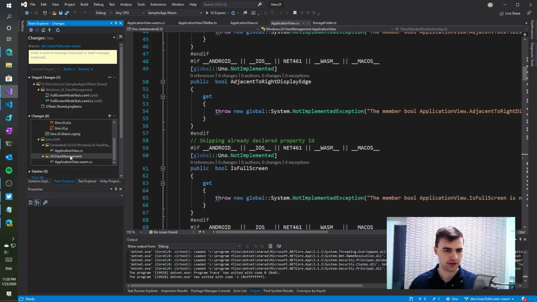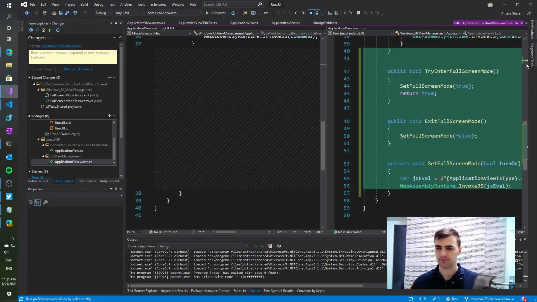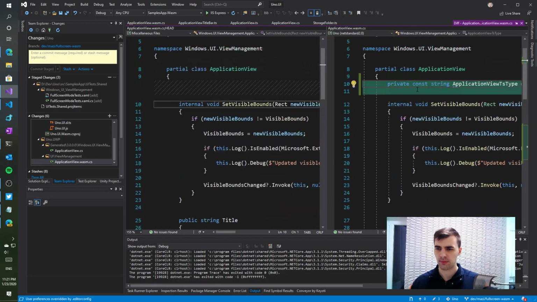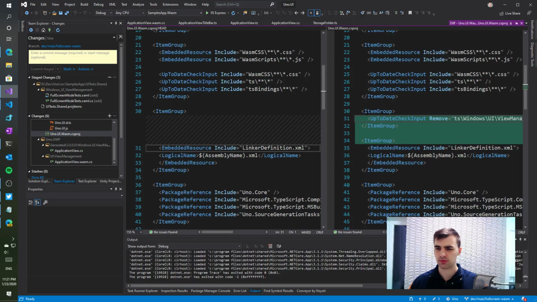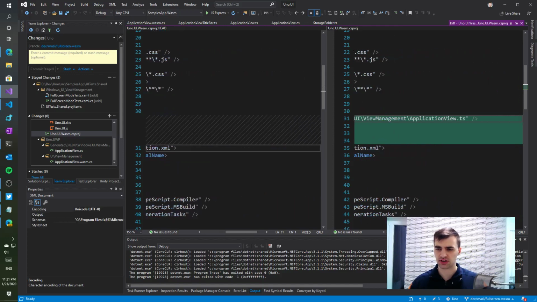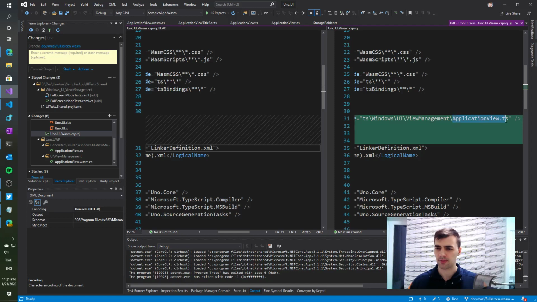We have updated the generated files to not include WebAssembly and implemented the full screen mode ourselves with a constant here. And in the WebAssembly project, we have to make sure that things like this don't get checked in, as these are generated by Visual Studio, which doesn't know that this file is actually automatically included